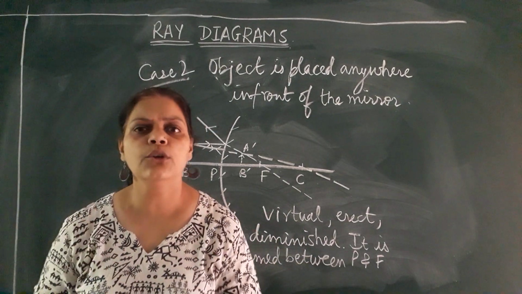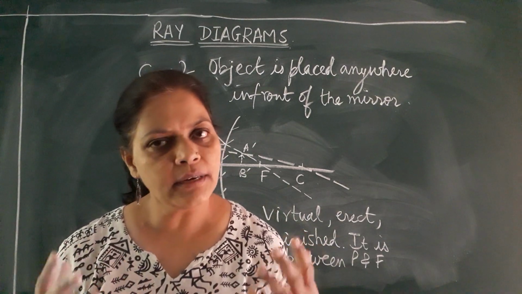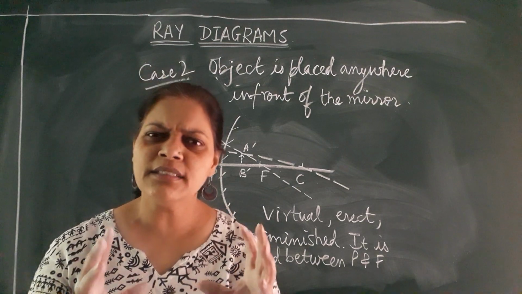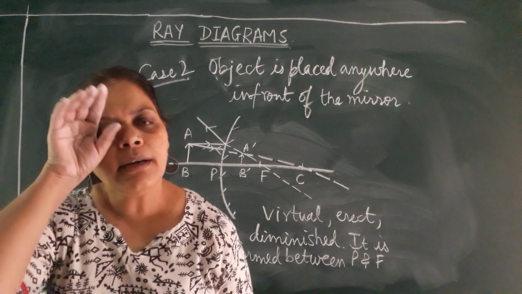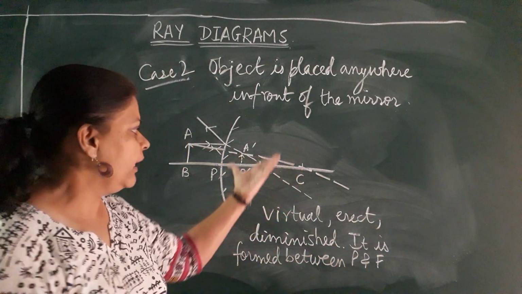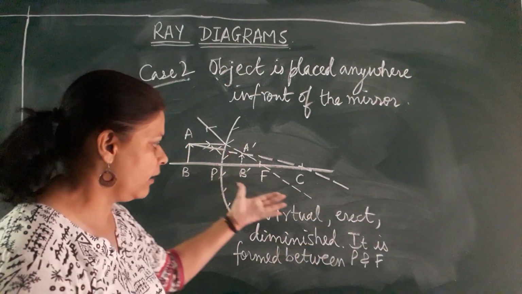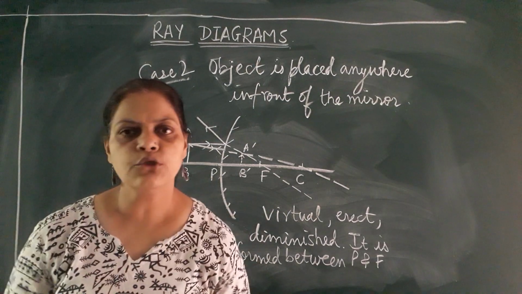It's very interesting, you know, when you sit and you draw and practice again and again, you will attain perfection, you will love drawing these ray diagrams, and it is very easy to score. It's very easy to score in these ray diagrams. If a ray diagram is asked in the exam, it won't be asked less than 4 marks. So very easily you can score these 4 marks. You have to just draw the diagram and write the characteristics. Okay. So I hope that you have understood the ray diagrams.